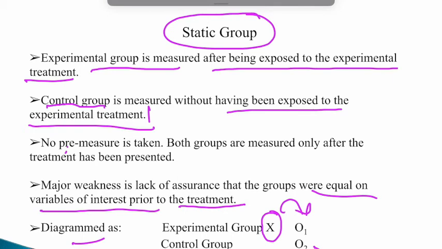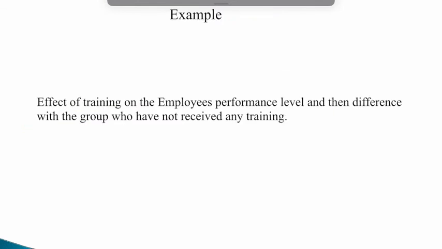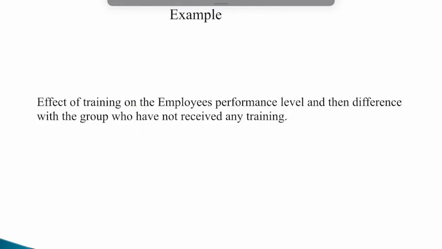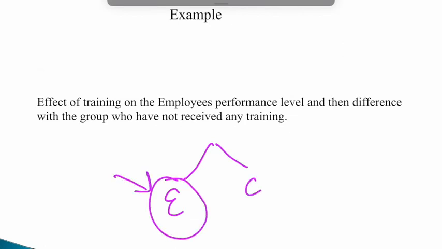But however, in this, when we want to have the two groups and we want to compare something, like for an example, with the example you will be having the more understanding of this particular design, that is the static group design. That is, sometimes you want to see the effect of training precisely. So you can have two groups, that is, one is the experimental group and other is the control group, and this experimental group will have the trainings, and this control group will not receive any trainings.